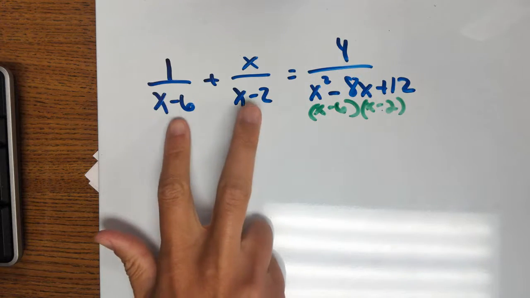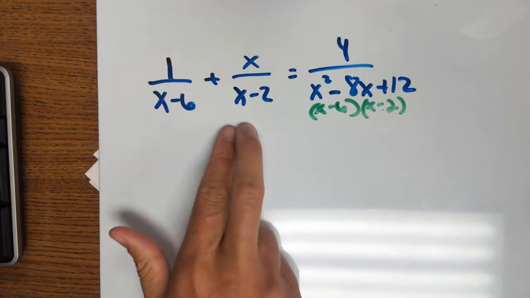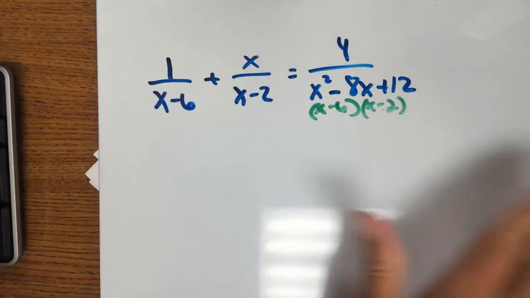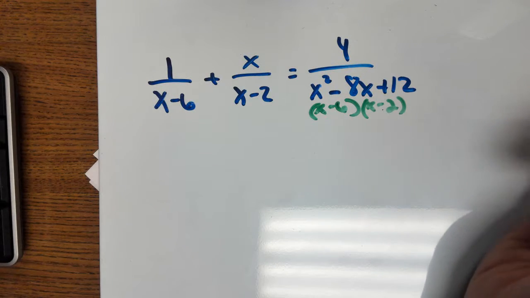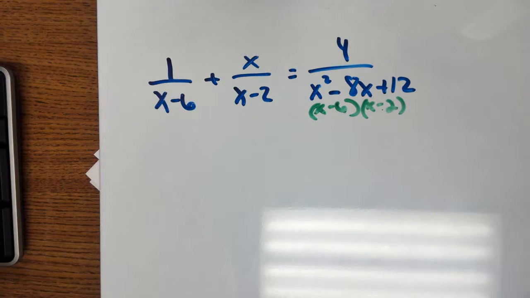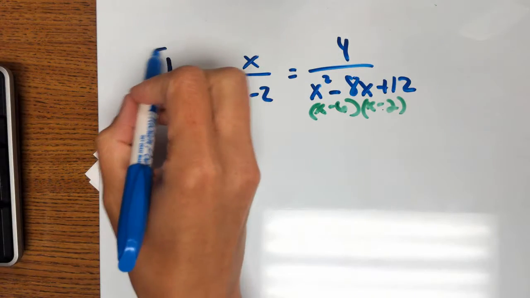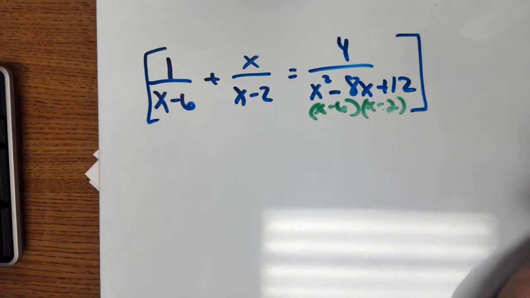We could go through and get a common denominator so that we could push these together and then cross multiply and divide, which is perfectly fine. But the shortcut that I like to do is what we call clear the denominators. We don't like working with fractions, so if we get rid of them, it just makes life a whole lot easier. So what you do is you go through, and we're going to multiply the entire equation by everything we